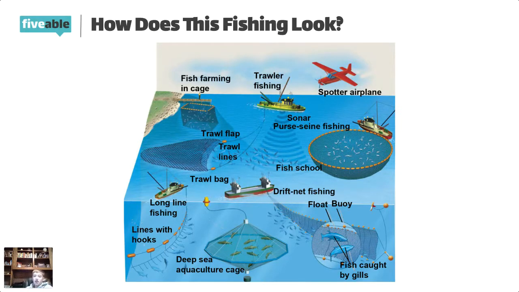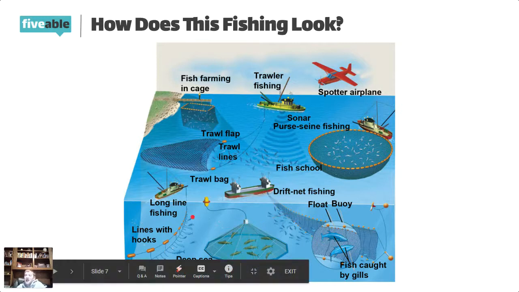Tanya says in the chat, wait, are purse seines the ones that are seen in movies? Yes. And are you talking about Finding Nemo? Because if you're talking about Finding Nemo, then I can 100% say that you see purse seines in that movie because I have watched that movie too many times. But you can also see longline fishing in some movies like Jaws. They use driftnet fishing and longline fishing.